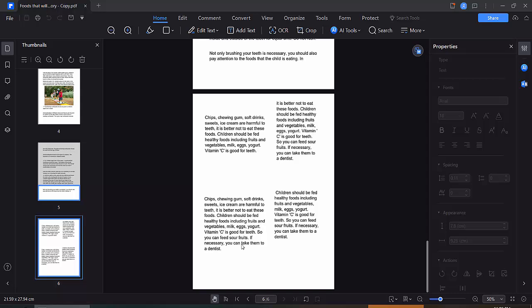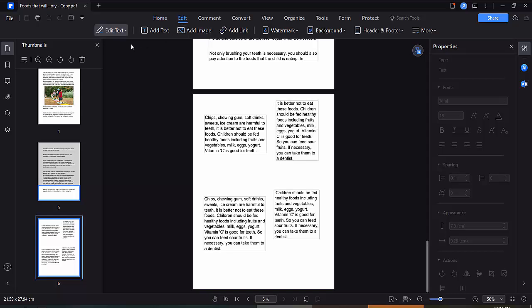Hello everyone, today I will show you how to align or fix text boxes top and bottom alignment in a PDF file using Wondershare PDFelement. Open your PDF file and click on this edit option and select here this edit box text,